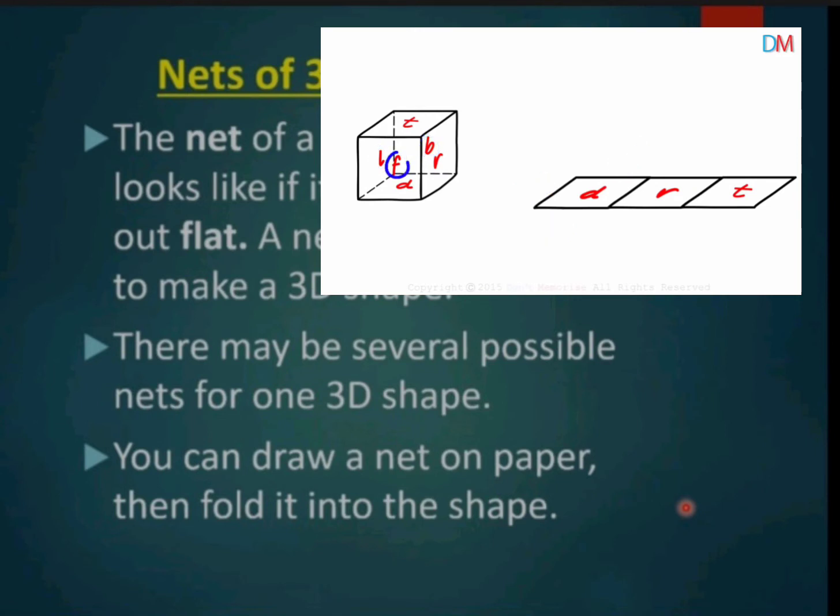The face in the front when dropped will look like this. The face on the left when dropped towards the left will look like this. And the back face will be attached to the top edge of D. This is one of the ways in which the net of this cube can be drawn. One way to verify it is by making sure that all the faces of the three-dimensional shape are covered.